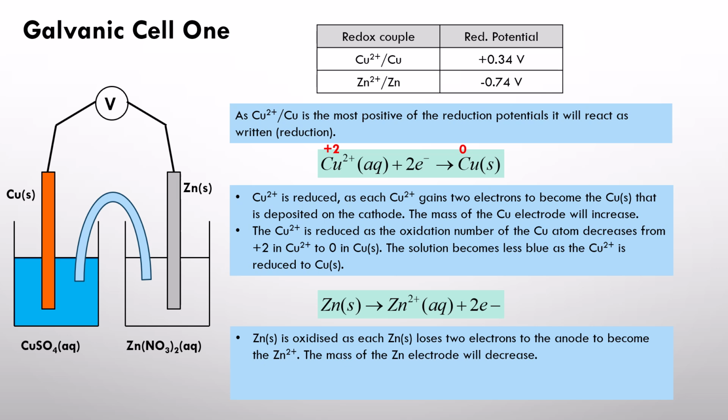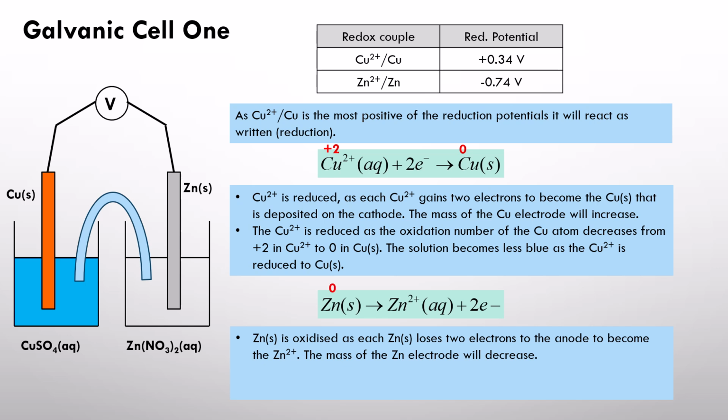Anyway, let's go back to this. Zinc solid is reduced as each zinc solid loses 2 electrons to the anode to become zinc 2 plus. Of course, because we're losing zinc solid and it's turning into zinc ions that will go in the solution, the mass of the zinc electrode will decrease. Okay, so I've justified why this reduction is reduction using loss of electrons, but I can also justify it using